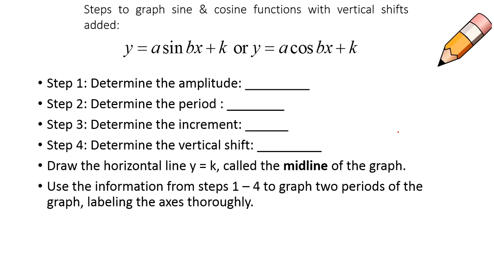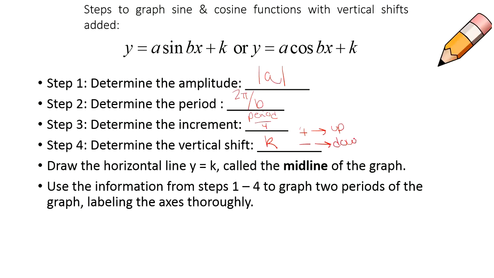Vertical shifts are a little bit of a different animal. So we have amplitude, remember, that's still the absolute value of A. Our period is still 2 pi divided by B. My increment is my period divided by 4. Now, your vertical shift is going to be the K value. If it is a plus outside, it is going to go up, and if it is a negative, it's going